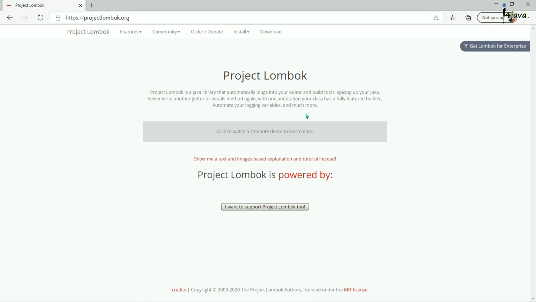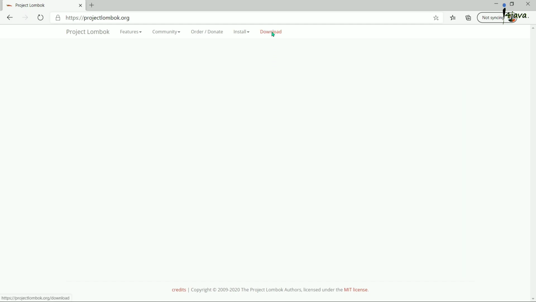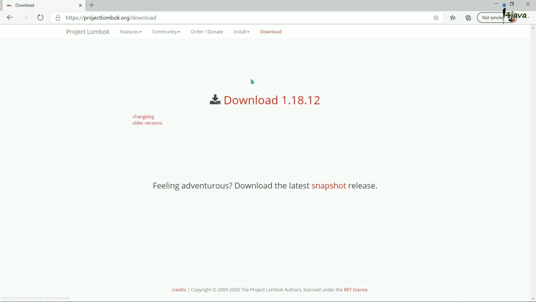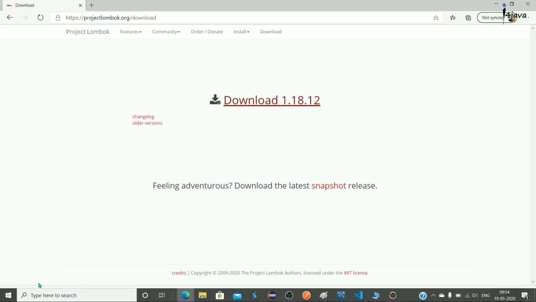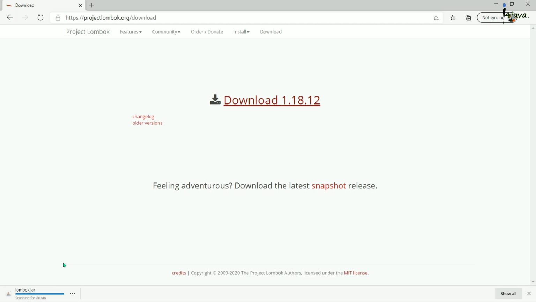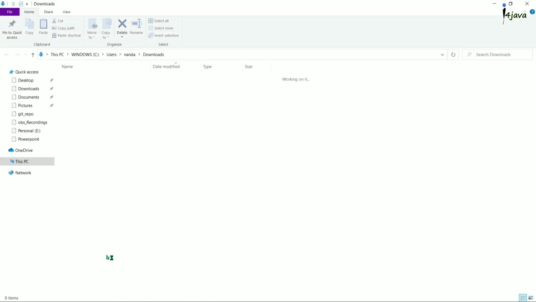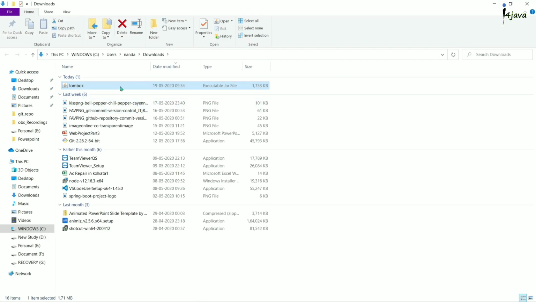Okay, and go to the download section. Download this latest version. Here our jar is getting downloaded. After completion of a successful download, put that file wherever you want.